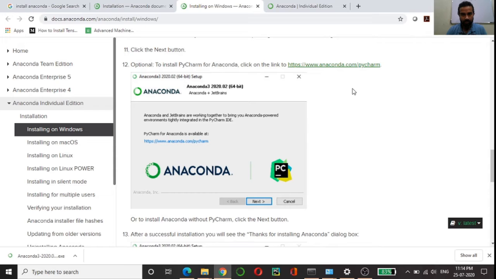One point to be noted here: they are asking us to install PyCharm. It's up to you, you can install it or skip it for now. I would suggest that you install it.